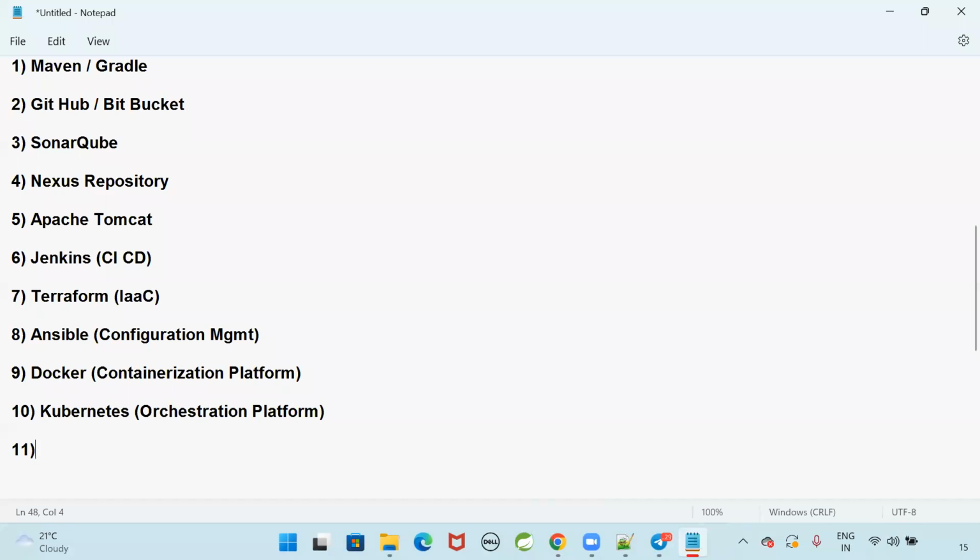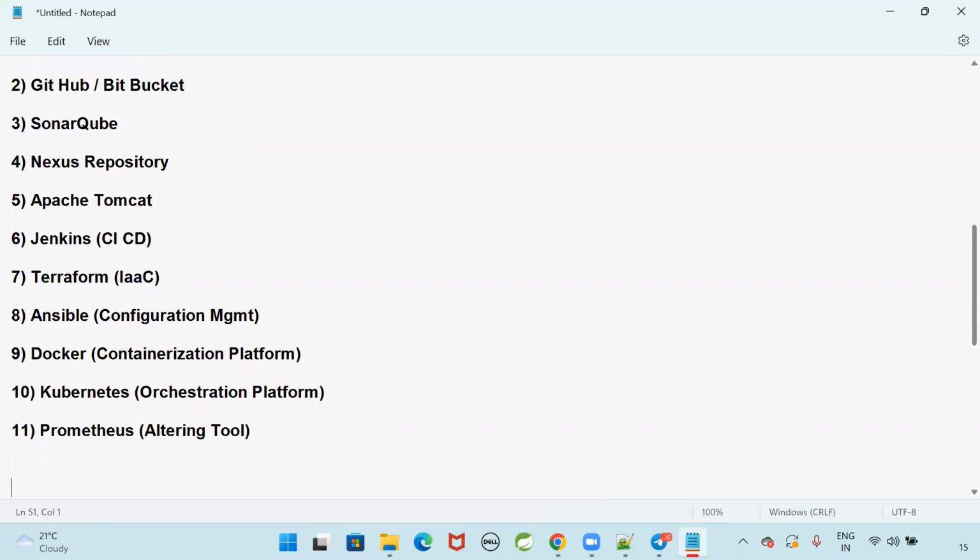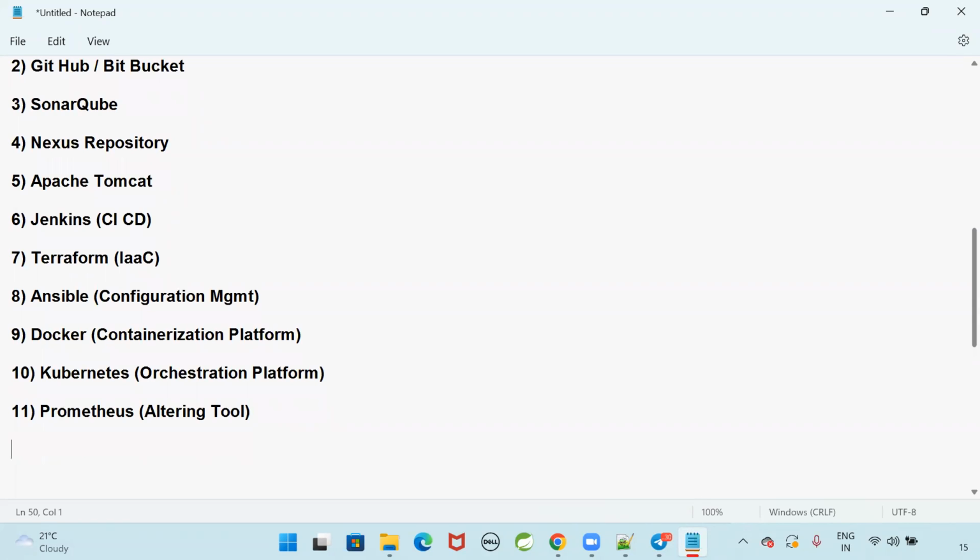After this, we are going to use tools like Prometheus. Prometheus is an alerting tool. When our application is running on the cluster, we need alerts on how the application is running. We need some notifications from our application.